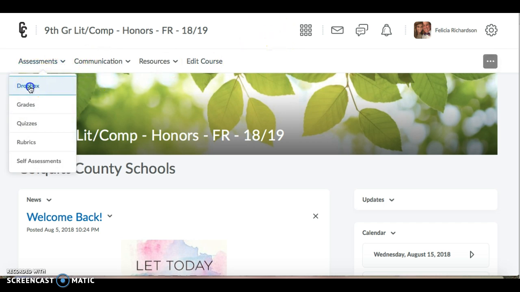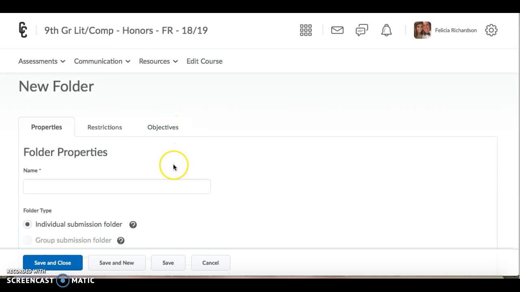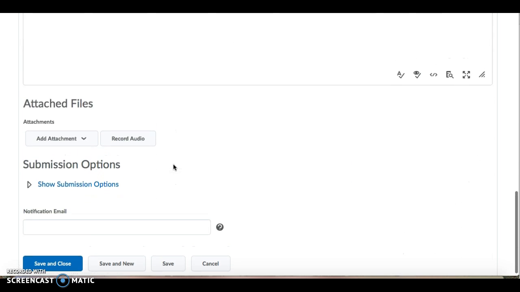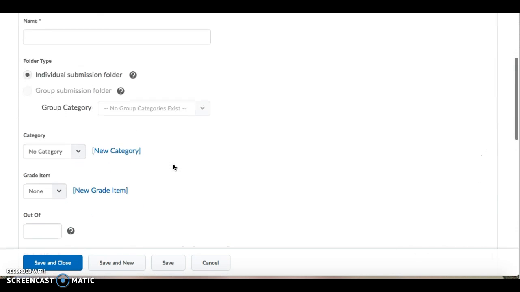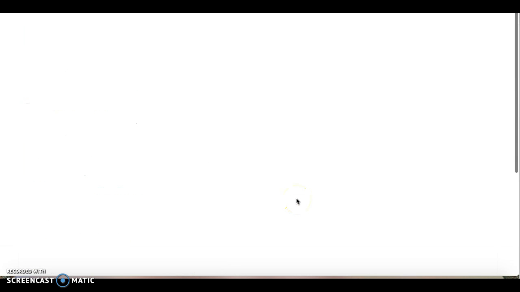One more time: Assessments, Dropbox, brings you to this new folder, and you add it all here. Okay, and then that's it. So if you have any more questions, y'all just let me know,